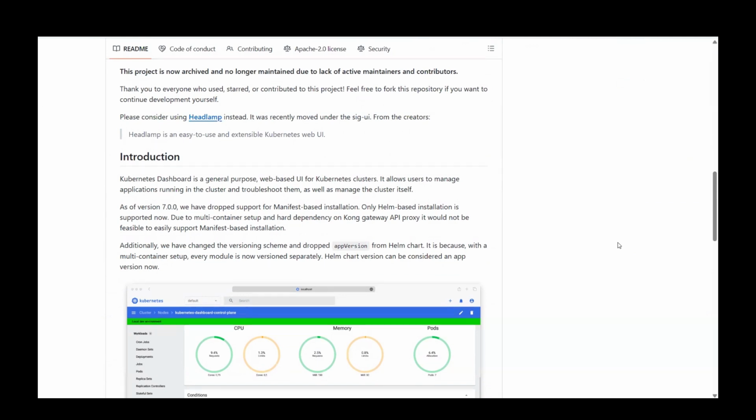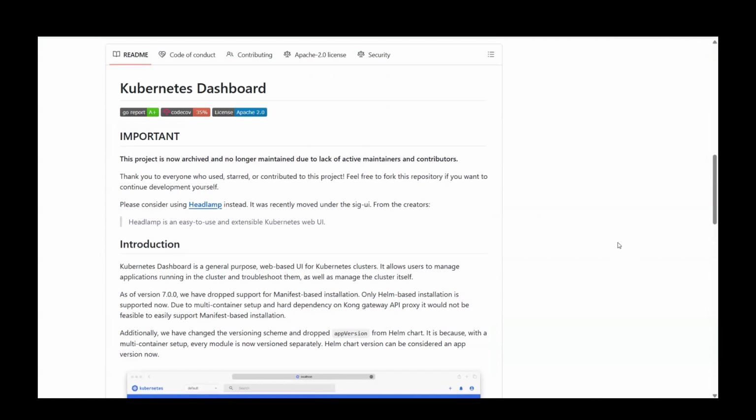Being a contributor does not only mean that you contribute once and forget about it. Being a contributor means, like the way you work in your organization, spending some time every day, looking into the issues and bugs which the community and users are raising, and helping resolve them. This was not happening with Kubernetes Dashboard UI, because of which it had to declare its